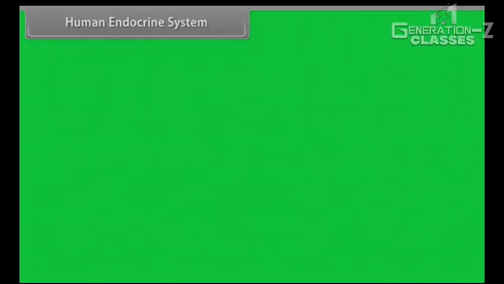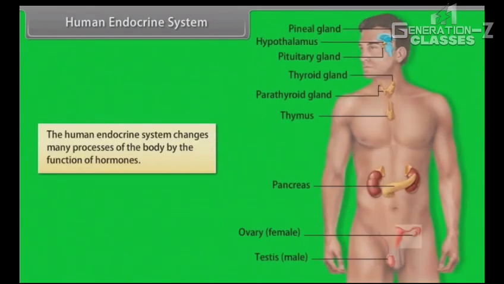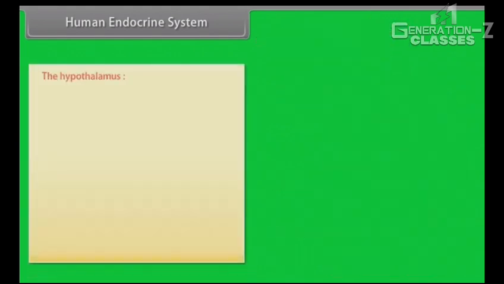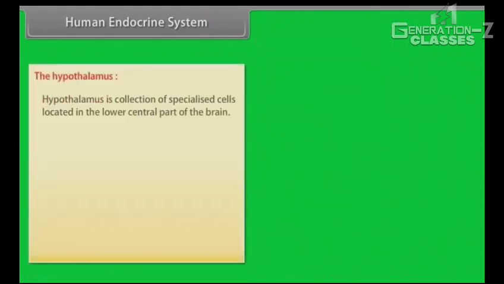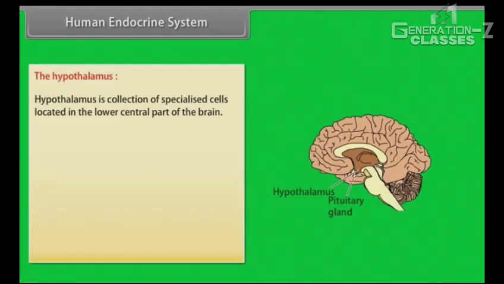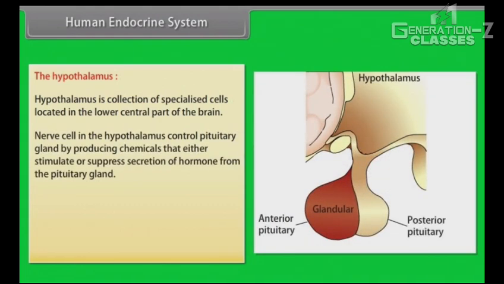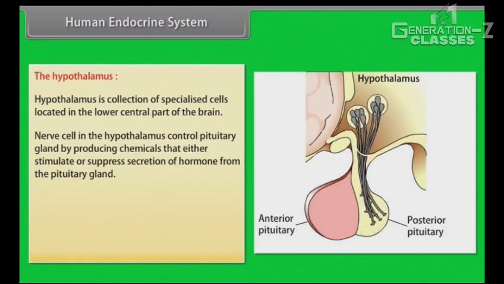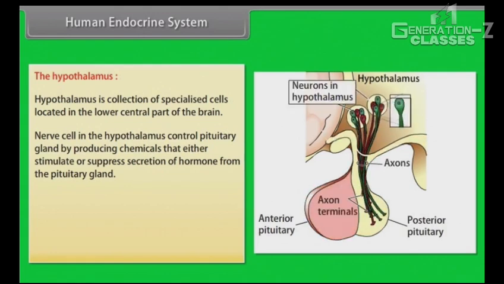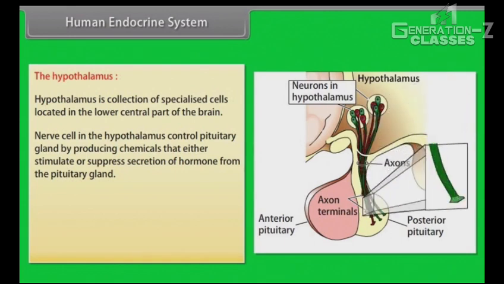Human endocrine system. The human endocrine system changes many processes of the body by the function of hormones. The hypothalamus. The hypothalamus is a collection of specialized cells located in the lower central part of the brain. Nerve cells in the hypothalamus control the pituitary gland by producing chemicals that either stimulate or suppress secretion of hormones from